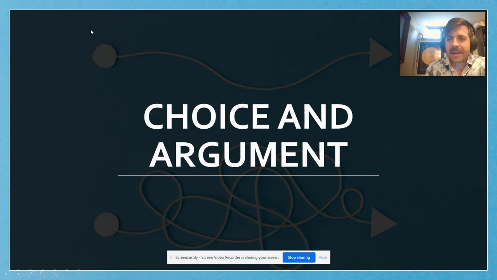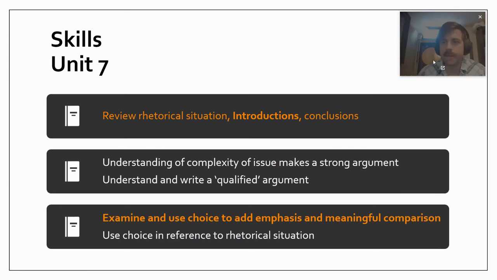Howdy, folks. Starting off Unit 7 here today, and Unit 7 is going to be a continuation of this idea of integrating choice and style of an author within an argument, how to use those two things to improve an argument's efficacy. So the two specific goals we're going to work on today, you can see here are unit goals,